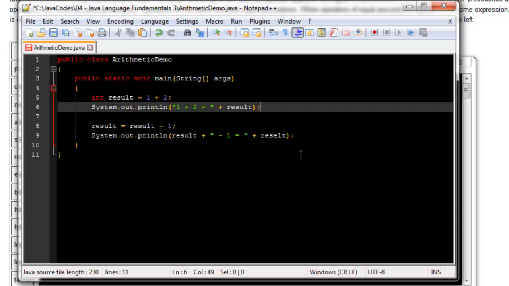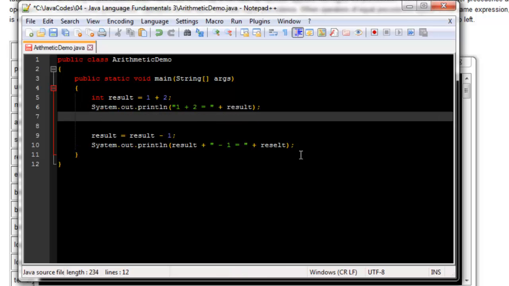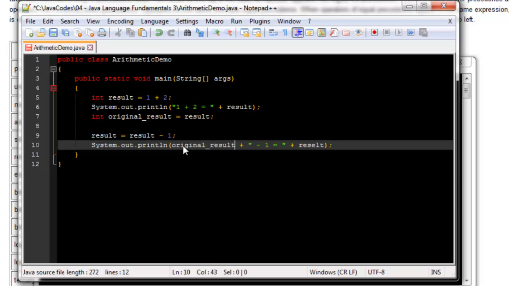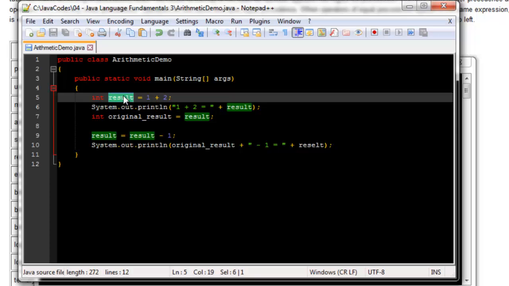So in that case, let us declare another int over here. Int, let's call this original result, and then let's assign result to it. So you can see we are using the assignment operator, which assigns this value to another variable called original result, and then we're going to concatenate original result over here. So our result in this variable is going to be 3, as we saw